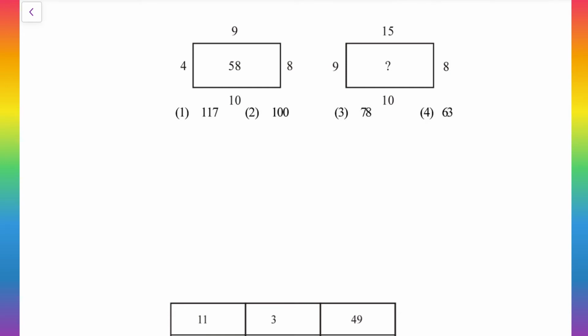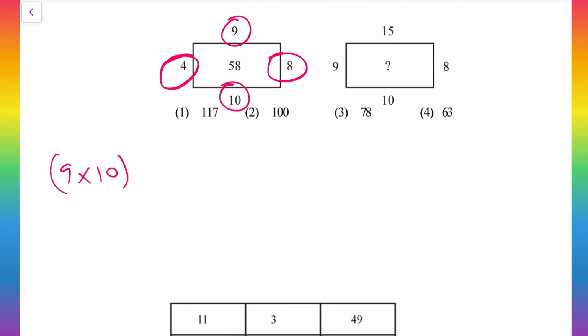Next, like the previous question, I will multiply two digits and then do subtraction or addition, something like this. 4 9s are 36, 10 8s are 80, whatever we do with 36 and 80 we won't get 58, so this logic is waste. Next, instead of taking 4 and 9, I will go with the opposite numbers. 4 8s are 32, 9 10s are 90. What? I got it. Opposite numbers: 9 into 10 is 90 minus 4 into 8 is 32, 90 minus 32 is 58. Yes, this is the correct logic.